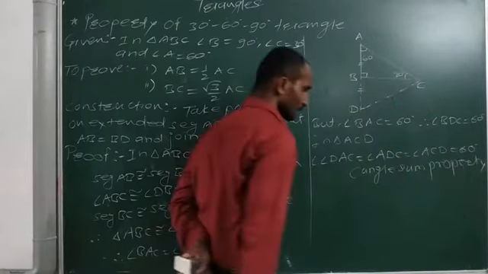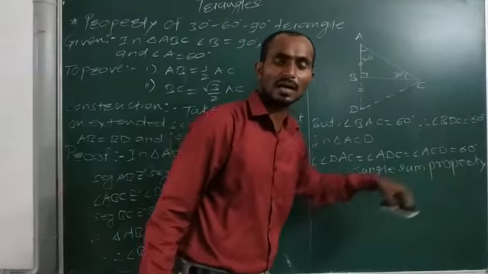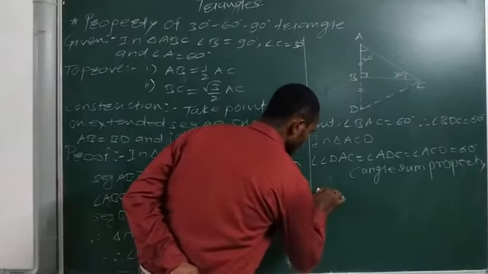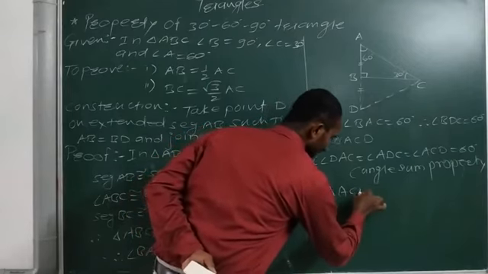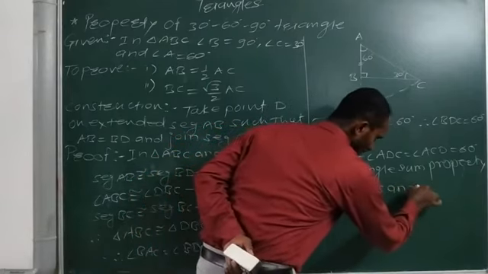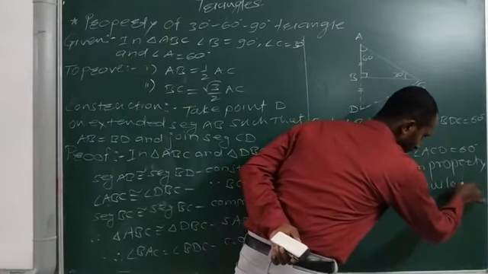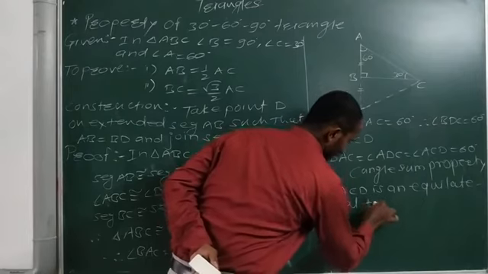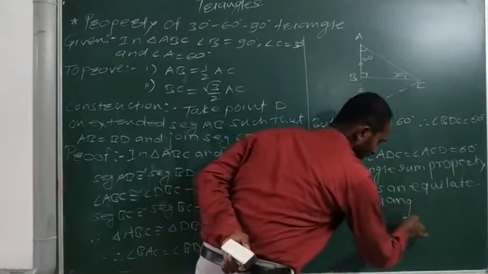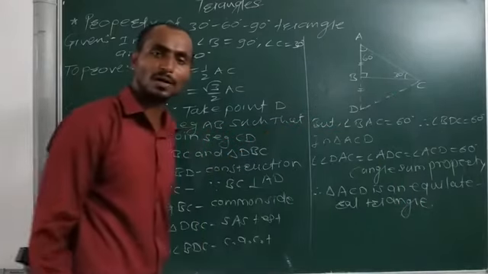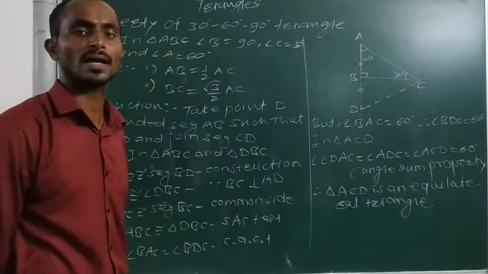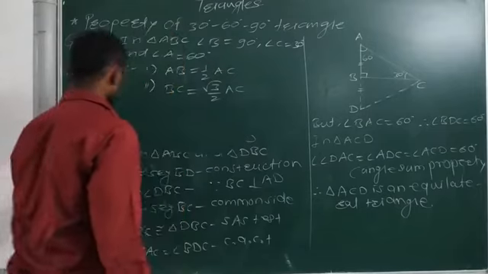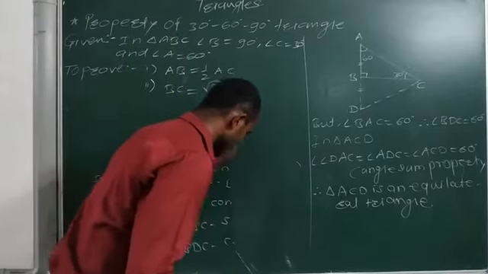So by the angle sum property, we can write that all three angles are 60 degrees each. Therefore, we can say that triangle ACD is an equilateral triangle. So this is an equilateral triangle, and that's why all the sides of an equilateral triangle are equal in length. So यहाँ पे हम लिखेंगे तीनों साइड अब equal in length है.